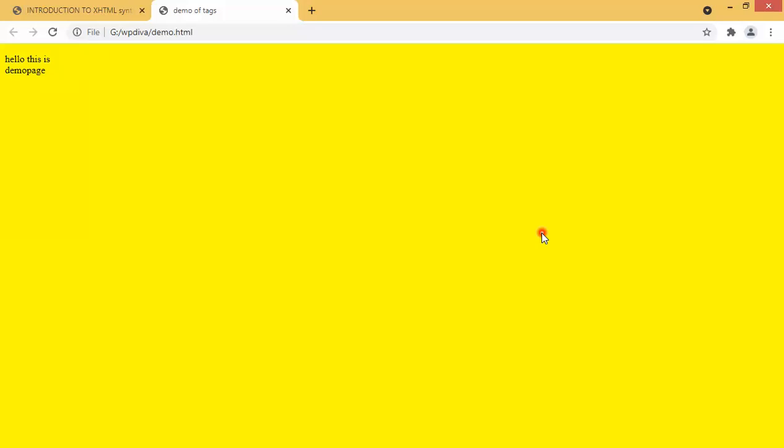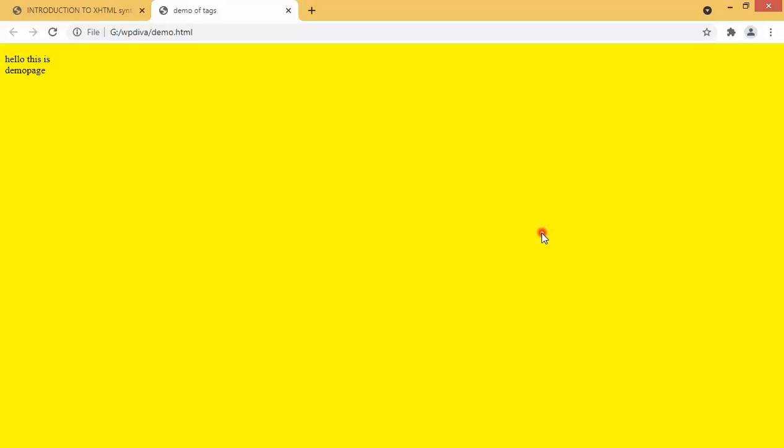It means you can enter double quotes or you can just skip the double quotes. Suppose I take capital BGCOLOR, right? Just save the file, go to Google Chrome and refresh the file after the changes. Still it is showing me the yellow color. Did you see that? It indicates that whatever you do, either you take capital or small case, or you forget the quotes or write the quotes, it works. Another example we'll see: I will just remove that tag. I will save the file and again execute this file, just refresh the file.